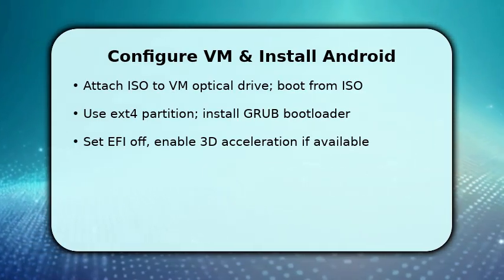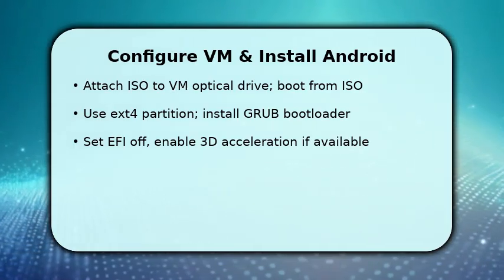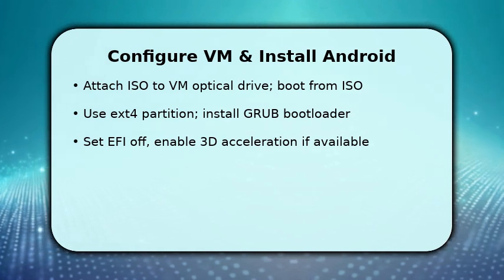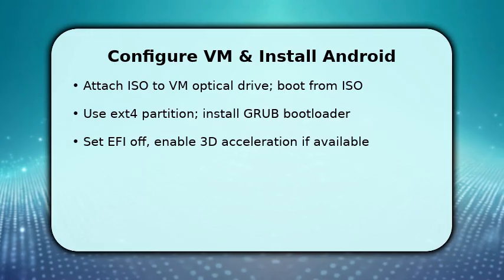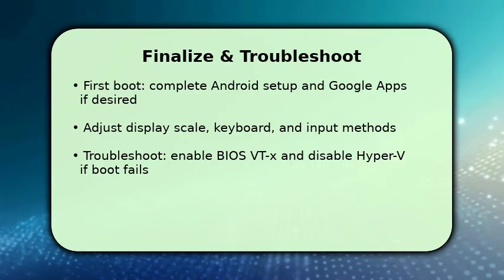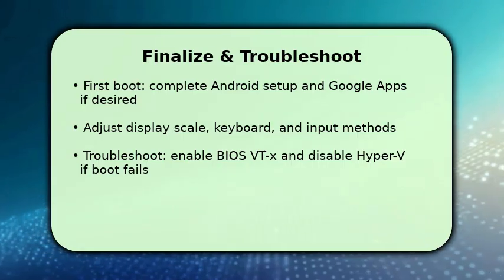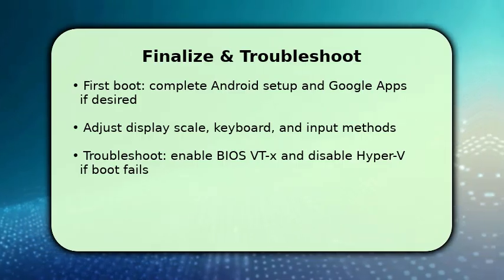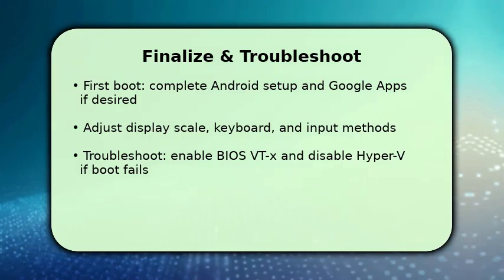Once the installer finishes, remove the ISO and reboot into the newly installed Android environment. On first boot, complete the Android setup wizard and optionally sideload Google Apps or GMS packages. Once running, tweak display resolution and DPI in VirtualBox settings and install guest additions alternatives or graphics drivers for smoother